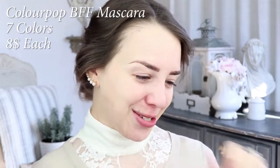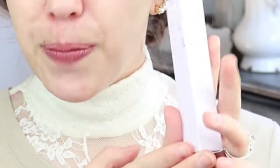Today, I am doing swatches on all of the Colourpop BFF mascaras. I'm not wearing any makeup right now because I don't know if you guys have ever tried to take mascara off without making a mess, but it doesn't work, ever. No foundation? No, just eyebrows because y'all don't want to see that. It's not what we're here about on this channel. So I'm actually going to be doing black last because